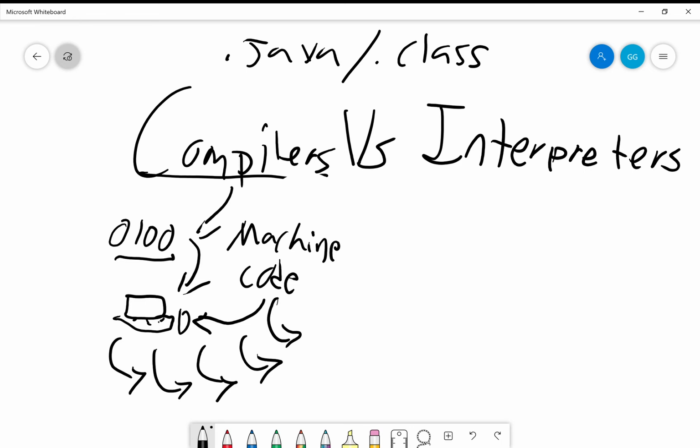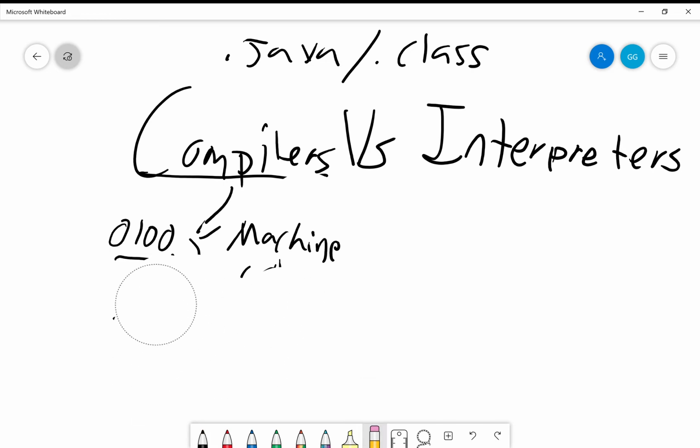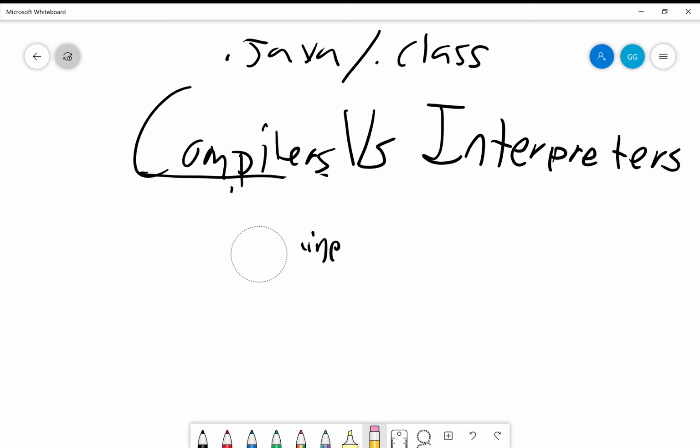There have been updates over the years that make this a little more feasible, but for a lot of programs, when you're making your machine code or your object code, and object code and machine code are just different ways of saying the same thing, when you're making that,